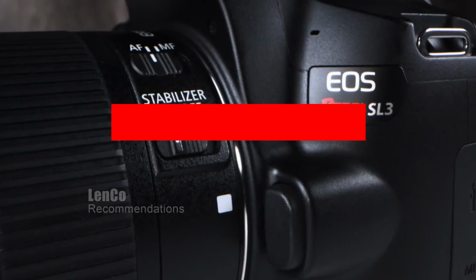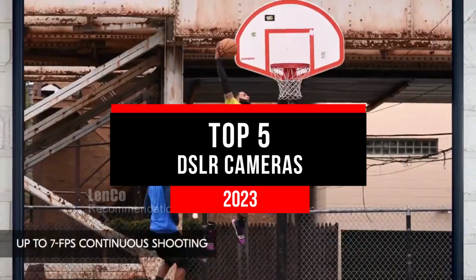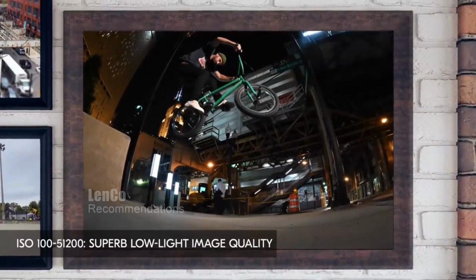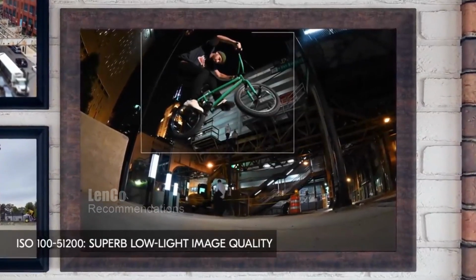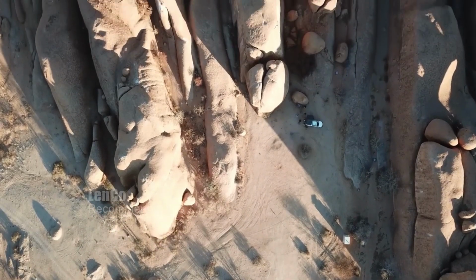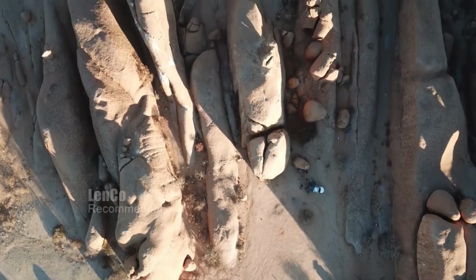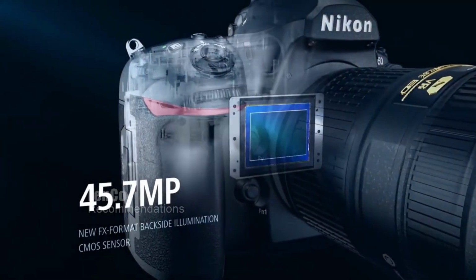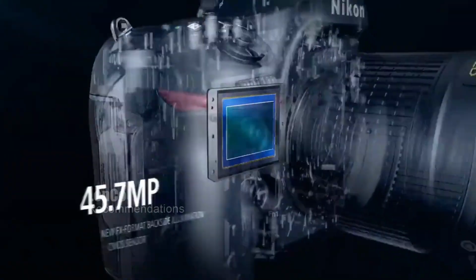In this video, we're going to show you the top 5 best DSLR cameras of 2023 that you can get right now. These cameras are perfect for any level of photography or videography, and they offer incredible quality and performance. We've researched and compared dozens of models to find the best ones for you, and we'll explain what makes them